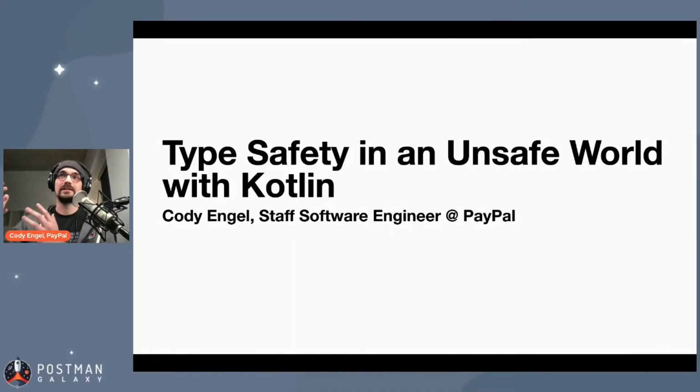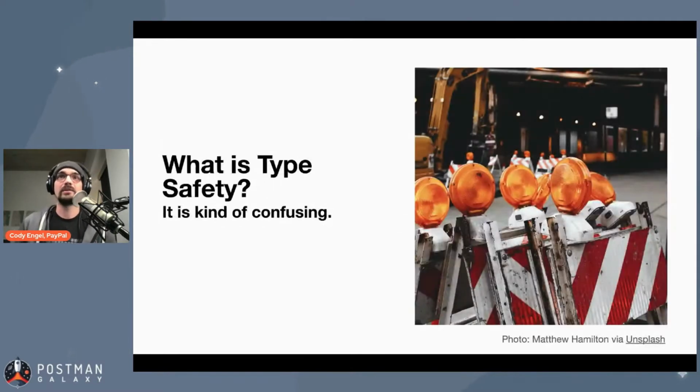We're going to discuss Kotlin, and we're going to talk about what is that unsafe world. So to start off, let's talk about what is type safety. It is kind of confusing. When I thought of the title for this talk, I thought it was much less confusing than it was, but as I did some research, I found out there are actually quite a few different ideas of what type safety is, depending on if you're looking at type safety in an academic world or in a more practical,